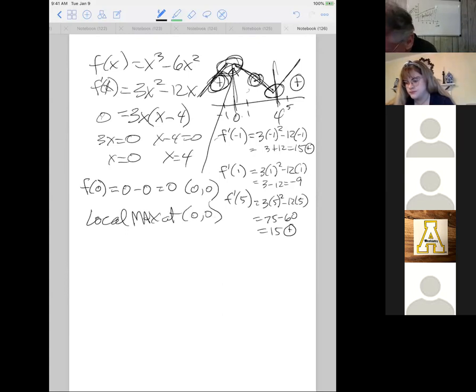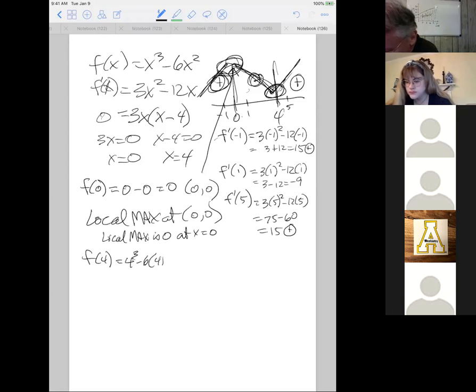Or you could also say the local max is 0 at x equals 0. And then you've also got to figure out what it is at 4. We've just shown that it's a local min because it went from down to up. Local min: 4 gives us 4 to the 3rd